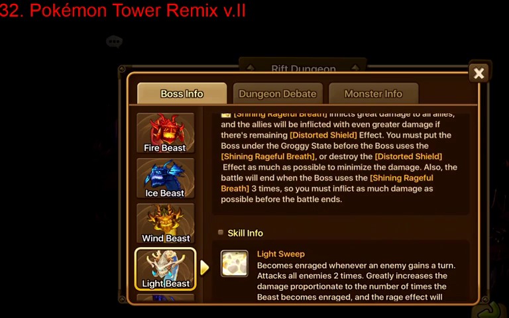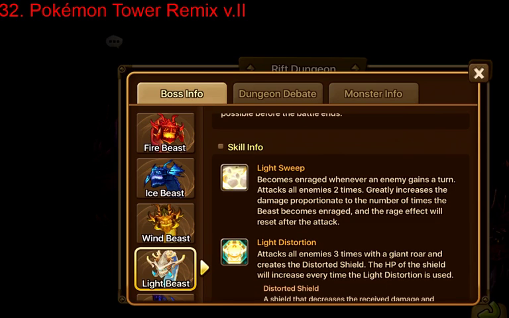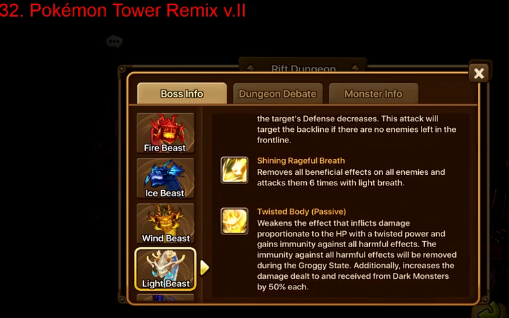Alright, so that's the main aspect of the fight. Apart from that, it's mostly the same as the other raids. It's got the standard base attacks. Light Sweep is just a standard AoE attack, and Fawn of Despair is the attack that does large damage to your front row, and you want to have high defense to mitigate that. And then Shining Rageful Breath, I should say, is the last final attack, and it's pretty much a wipe if you get to that stage, especially with the distorted shield up. What it does is it removes all your beneficial effects and does a lot of damage at the same time. Okay,